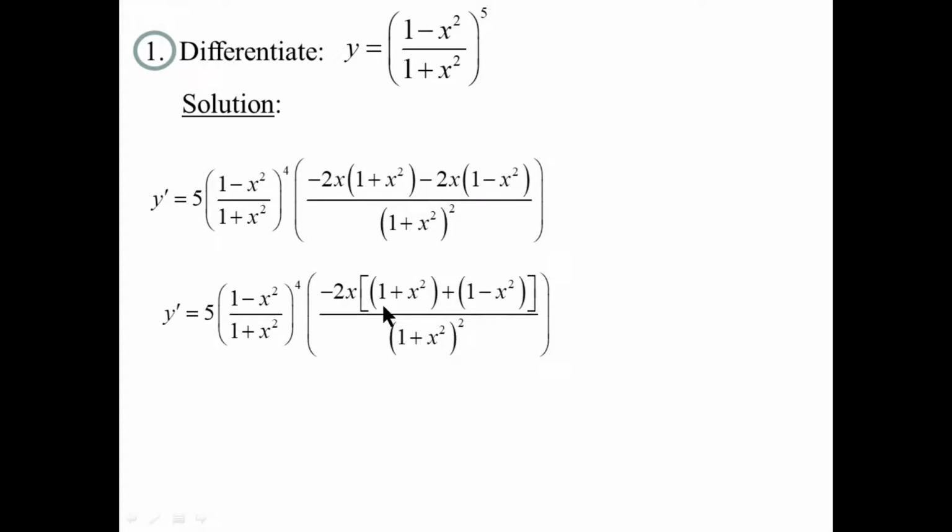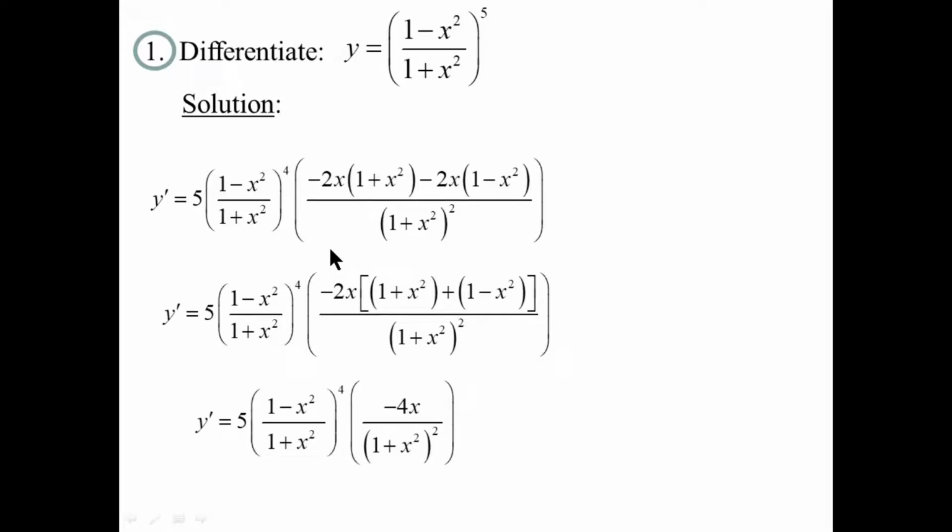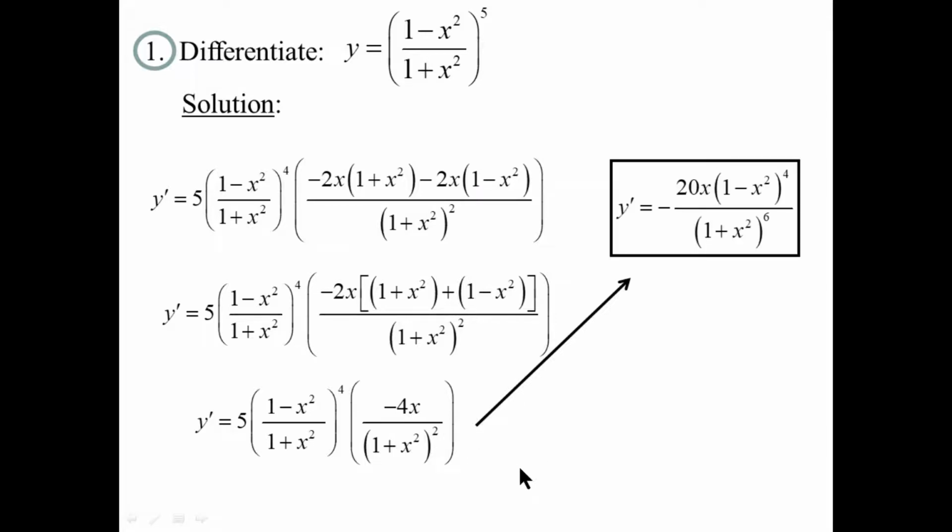If we notice, inside the square brackets, 1 plus x squared plus 1 minus x squared is the number 2. And 2 times this 2 is 4. And so we got minus 4x here in the numerator. Everything else is the same. Now the minus 4x will join with this 5 and become minus 20x. The numerator will be 1 minus x squared to the 4, and the denominator will be 1 plus x squared to the 4 plus 2, which is 6. And that's the derivative of this